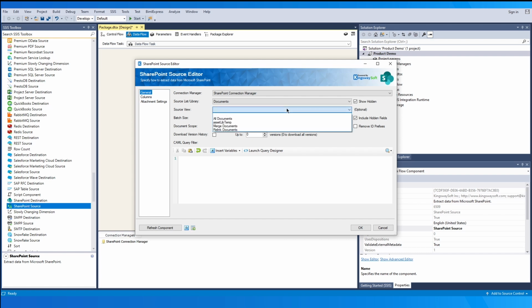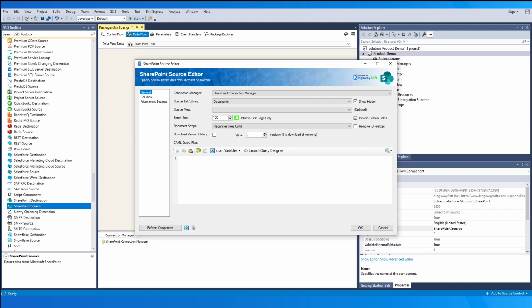This drop-down will be populated with the selected list's available views. Selecting a view can be used to help filter for desired list items. This is an optional field and can be left as empty if no view is needed. The batch size option allows you to specify how many records you want to retrieve each time. You could increase or decrease it to find the right match for your data pool.